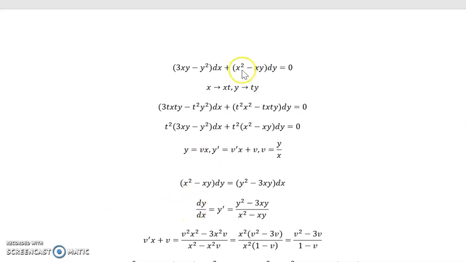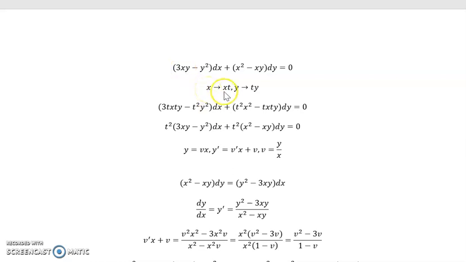Okay, so we're going to solve this equation using the homogeneous approach. This is a problem I previously solved using the exact method with integrating factors, but we're going to try to solve it as a homogeneous problem since all the polynomials in our expression are the same degree. So we can test to make sure this works by substituting